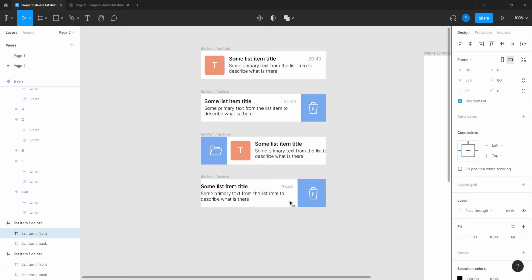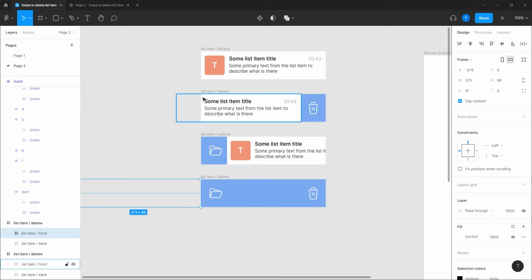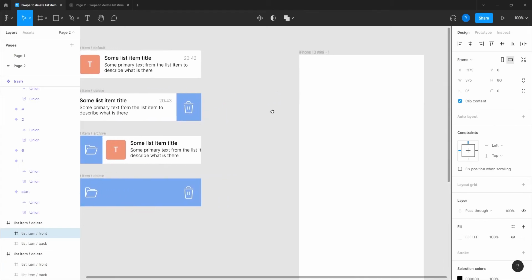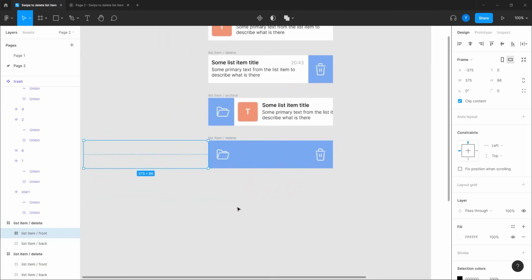Okay, so this one goes all the way to here. By the way, if we want to use the X position, I can just do a minus 375 because the width of this item is exactly the width of this screen size. So it's already going out.